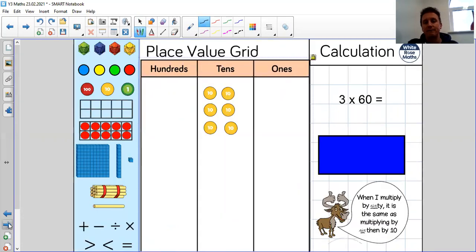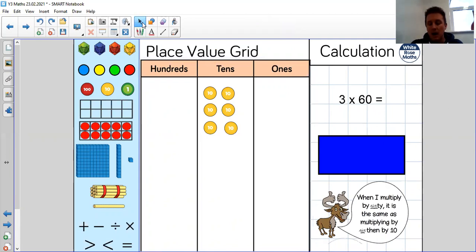Let's move on today. Please put everything down and let's just concentrate for the first one. Then I will give you an opportunity to have a go at it yourselves. So a little bit trickier today, so you're going to have to really stick with it. So 3 times 60, 3 multiplied by 60,